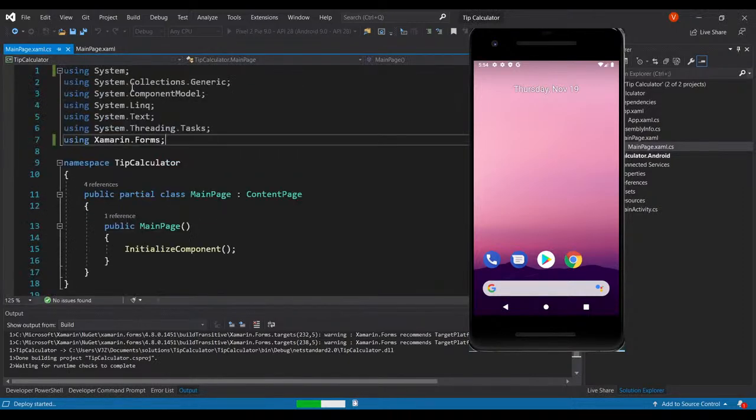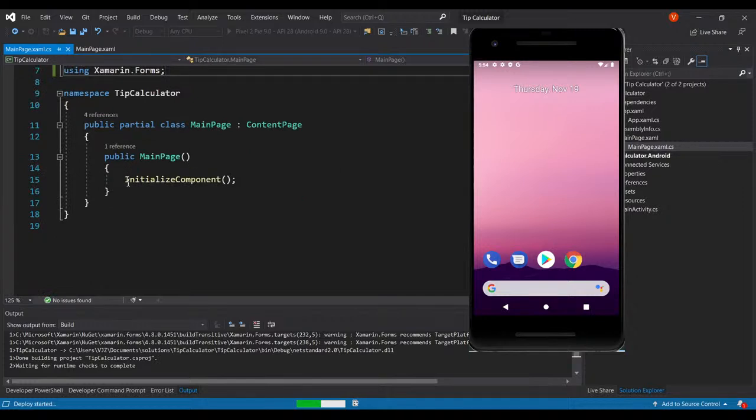So we are using all these system namespaces, and we are using Xamarin, the Xamarin namespace. This is our namespace, and I assume that this is the page. So initialize component, probably pre-compiled. I'm not sure again, but let's see what all of these are. I assume that we don't want to touch